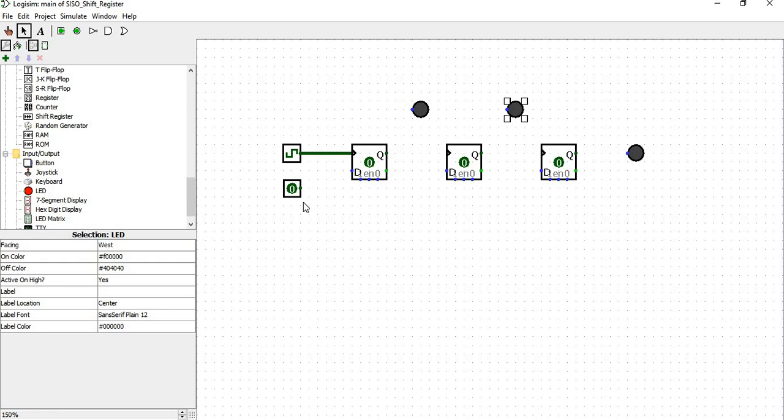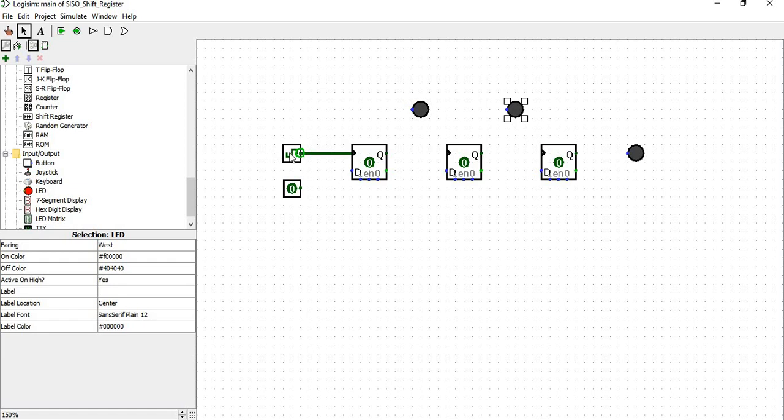So here I would like to tell you about the color of the wires. Suppose, for example, you have the dark green, which means the wire is carrying a 1 bit 0 value, right?